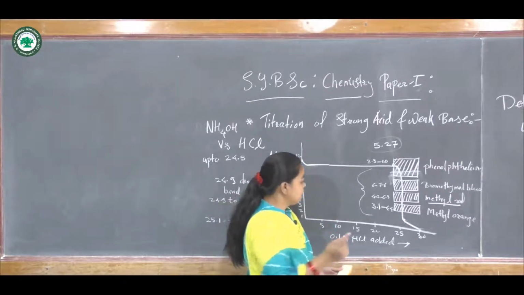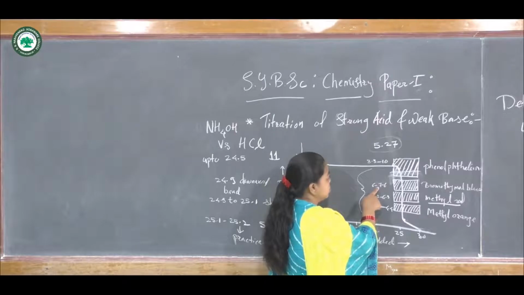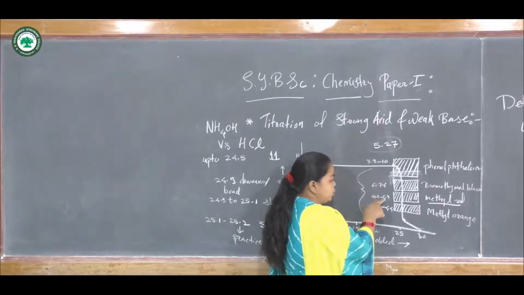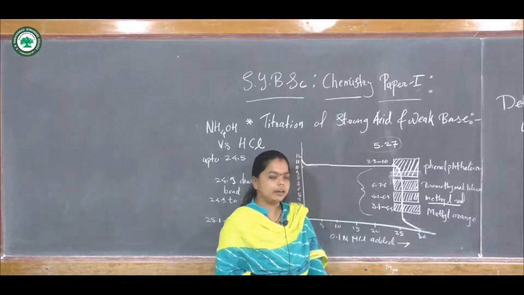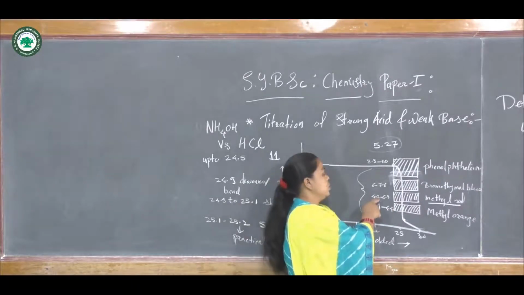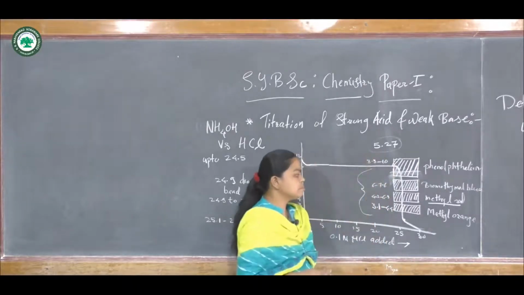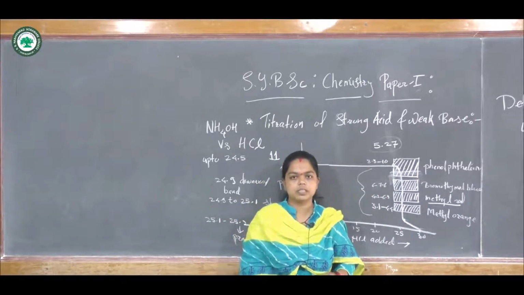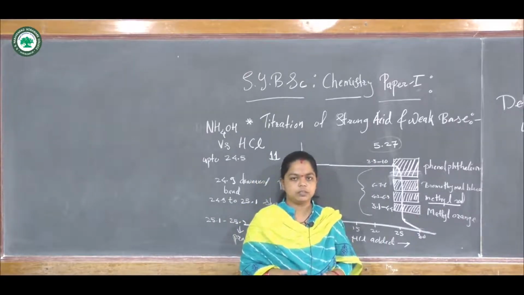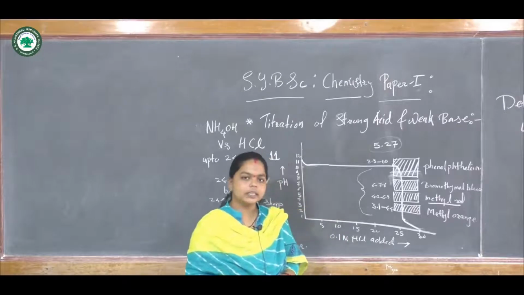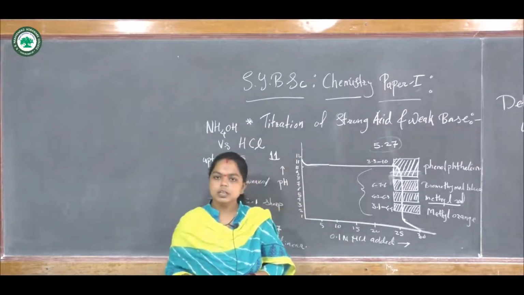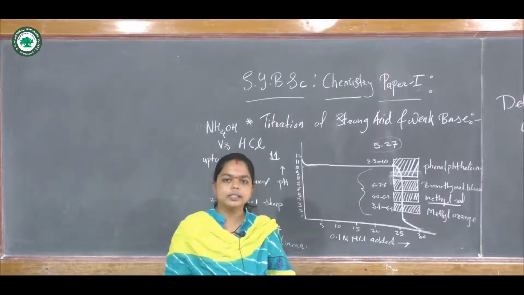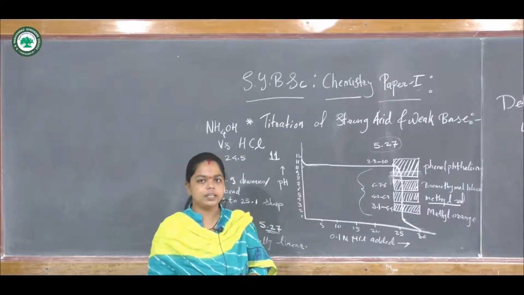Now we can see here this 4.2 to 6.3 pH, that is methyl red, it has the transition range around this value. So this methyl red acts as the best indicator for this titration. So methyl red indicator can be used, and we can carry out this type of titration in which the strong electrolyte is titrated with the weak electrolyte.